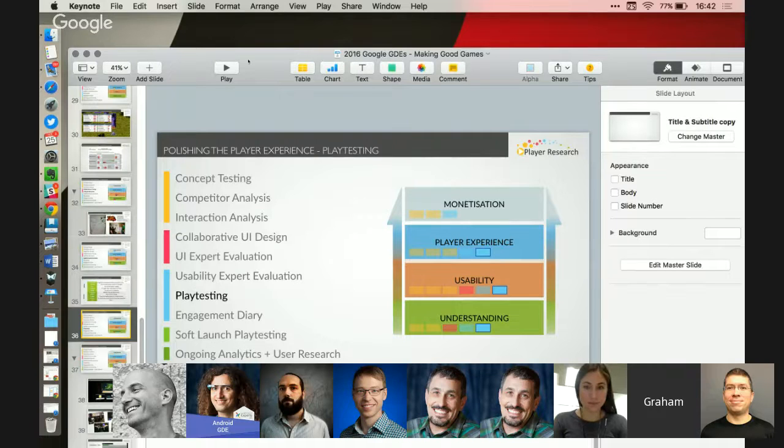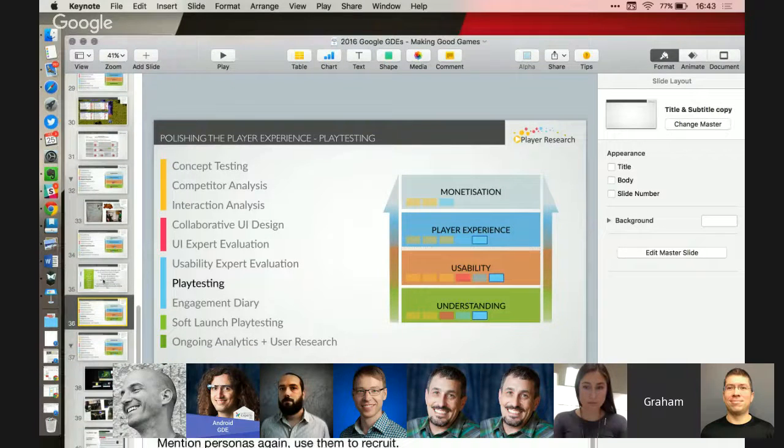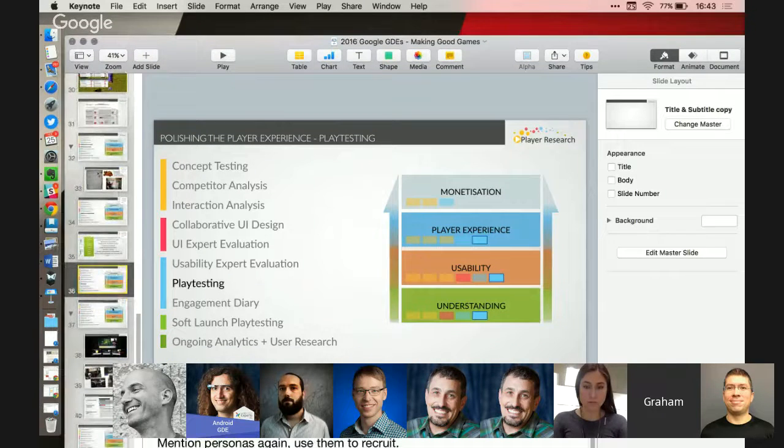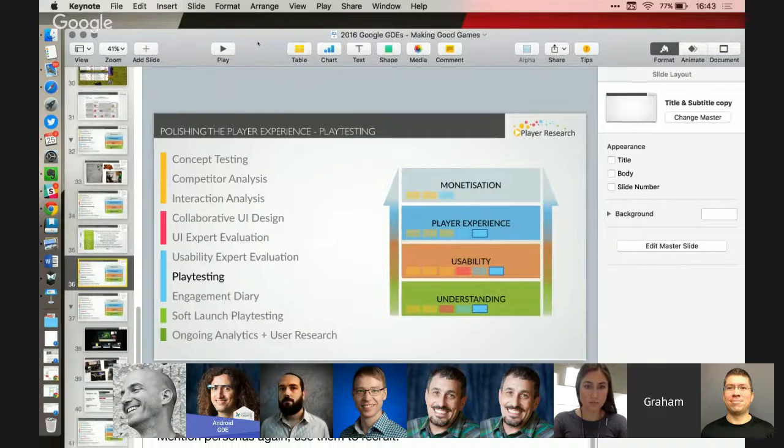So real players, someone was asking about analytics and playtesting. Probably the most commonly known user research. If players are not family or friends, they're not designers, they're not people in your office, they're people who have